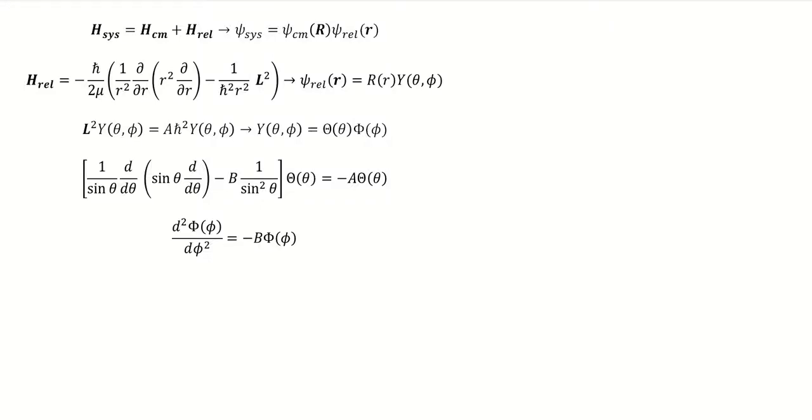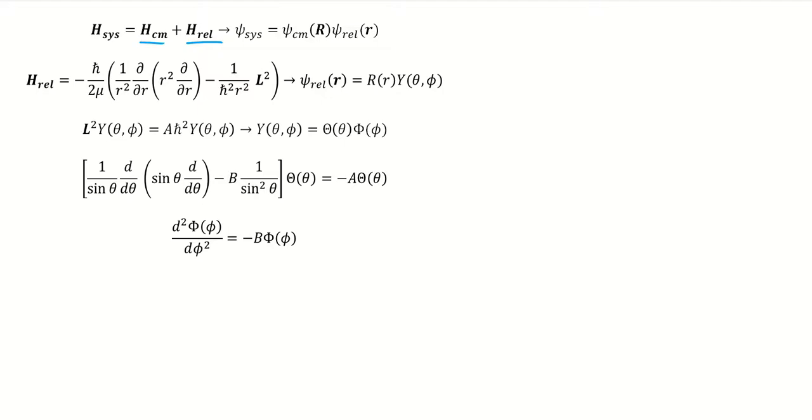We've been discussing the hydrogen atom and just summarizing what we've done. It's essentially a lot of separation of variables, but we first took the Hamiltonian of our system and were able to split it into the addition of two Hamiltonians, one that only involved the center of mass coordinates and one that only involved the relative coordinates between the proton that makes the nucleus and the electron.